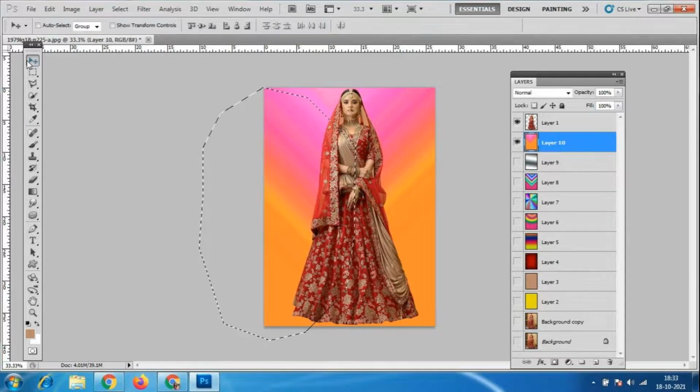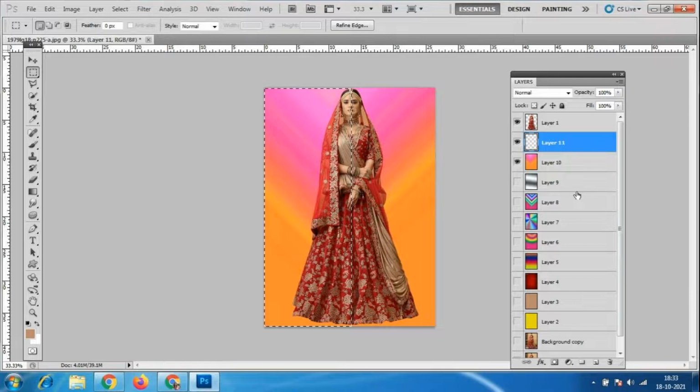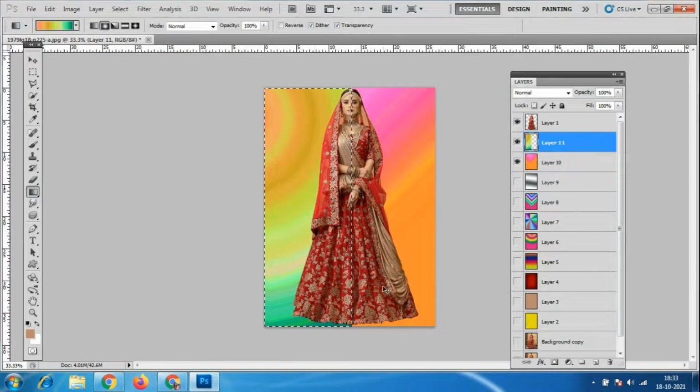Otherwise, you can go here. Control D to deselect. Okay, so I'll go to this rectangular marquee tool. I'll select only half of the portion like this. Only this portion I'm selecting, and in the background, this is what I'm giving for the background. I'll take a new layer and I'll go to this gradient tool and I will add this. Look here. So this background is different and this portion is different like that.